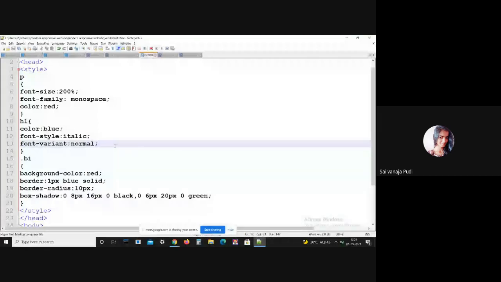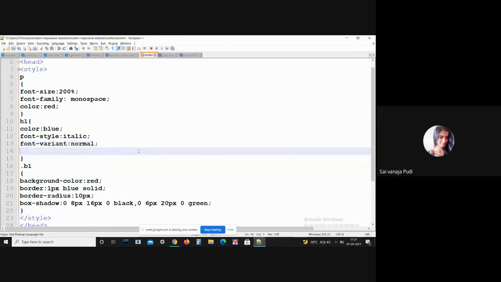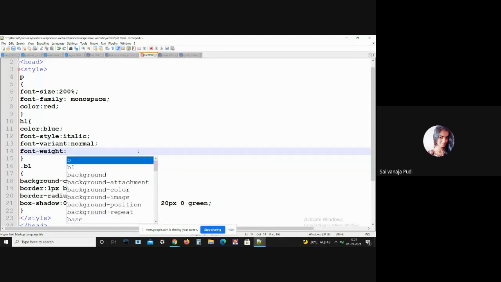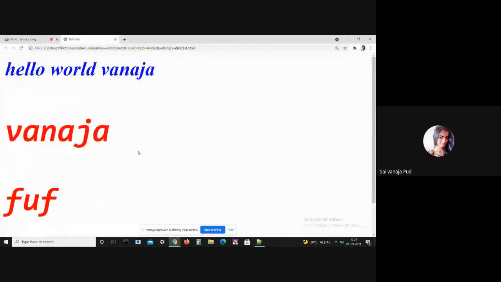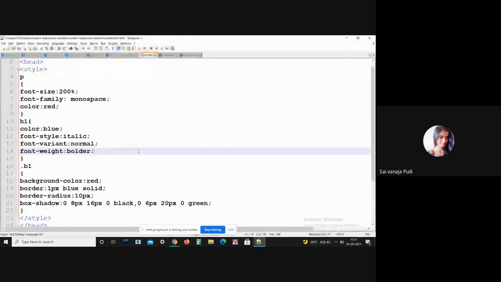This is generally used when you want to highlight your content, like when you want to mention that particular content is especially very important, then you can use this font weight property. Okay, let me give font weight bolder.